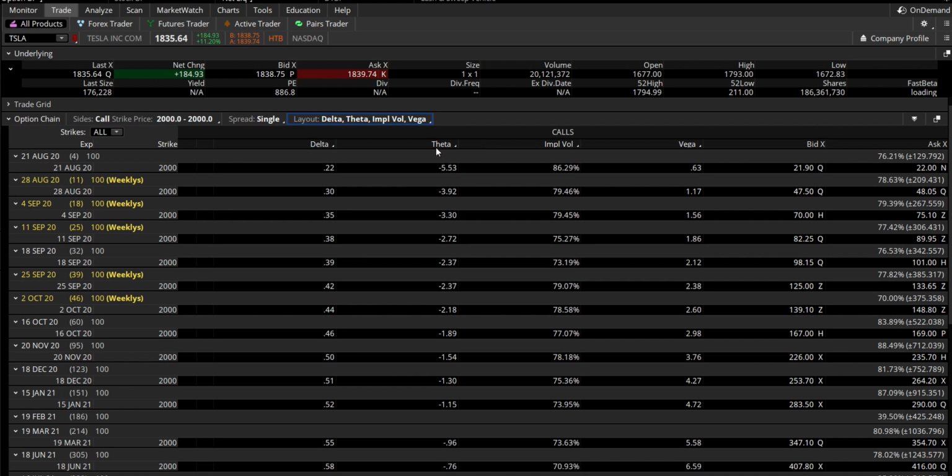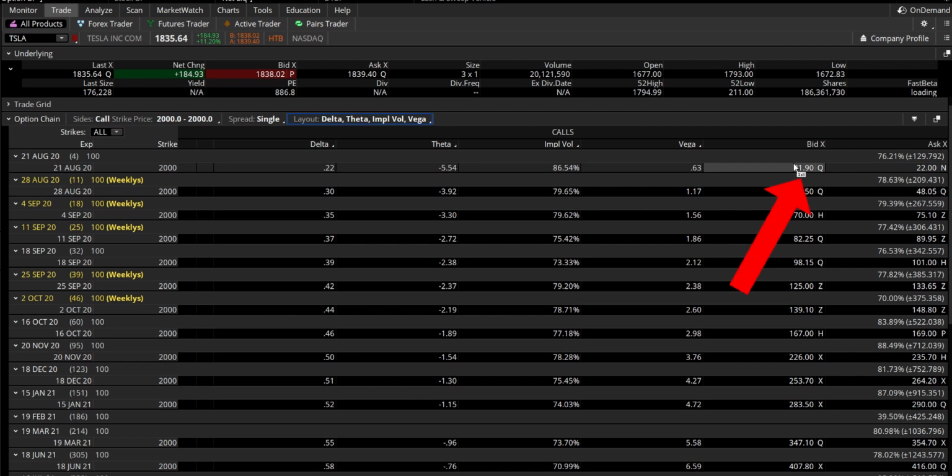Okay, so I'll explain really basically what they do, and then I want to talk about how they're different depending upon how far out you go. So delta tells you how much this option, which the 2000 call that expires in 4 days, is priced at $22. Okay, so that $22 option has a delta of 0.22, which means the price is going to move 22